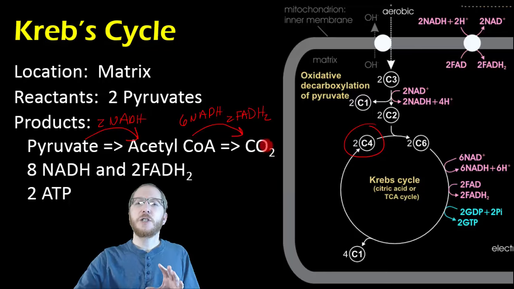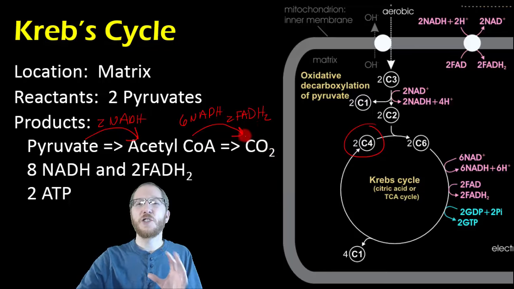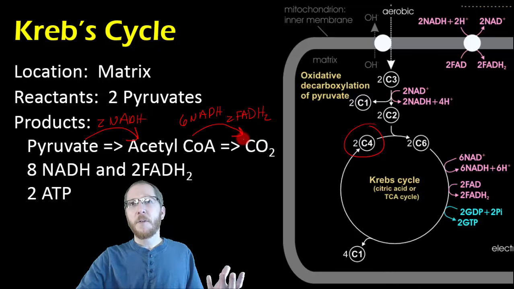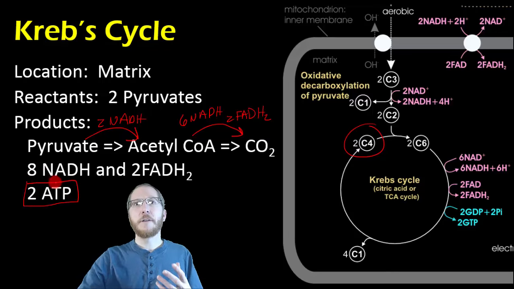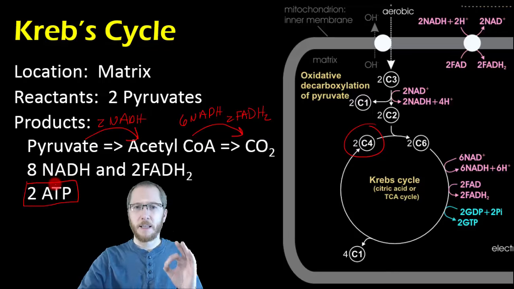The FADH2 just happens to be one that's not quite as good as NADH, but we still make some of it, so that's still cool. We can still get some energy from it. We also will produce 2 ATP, so very little energy is produced, but a little bit is directly. Most of our energy is going to be stored in these 8 NADHs total, and these 2 FADH2s that we've